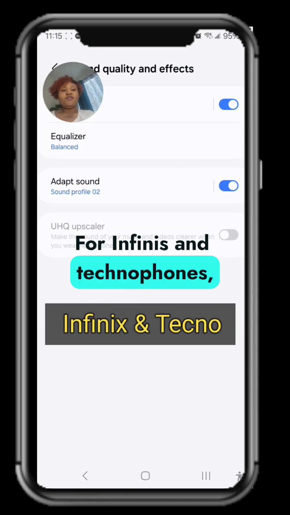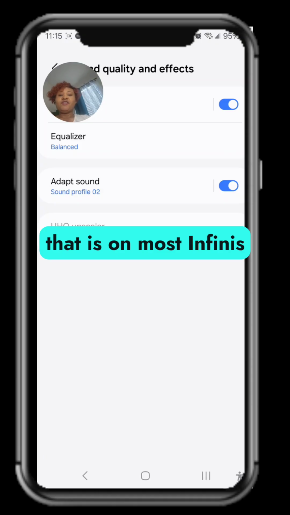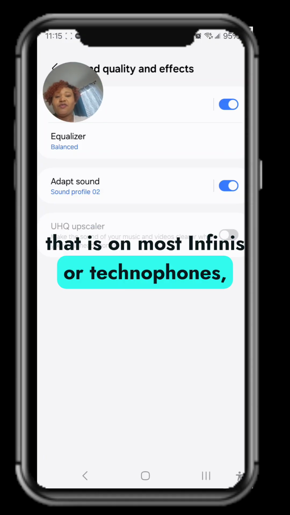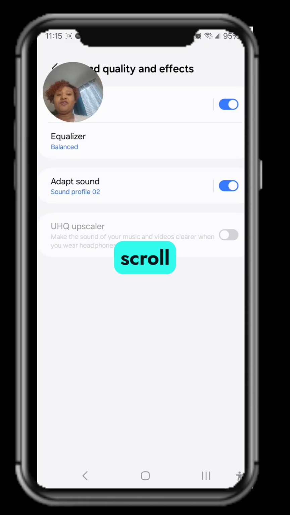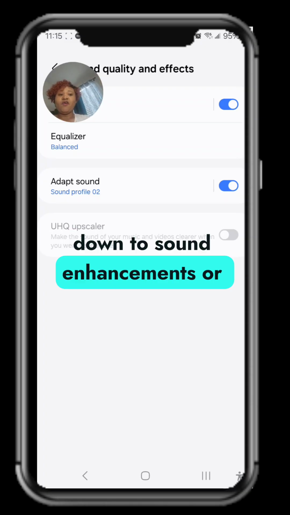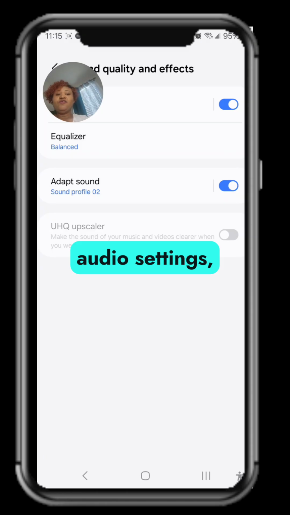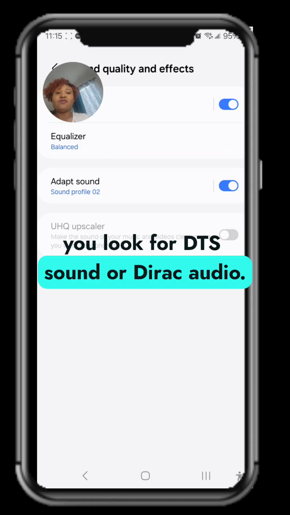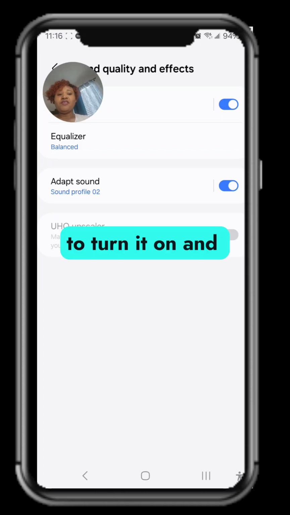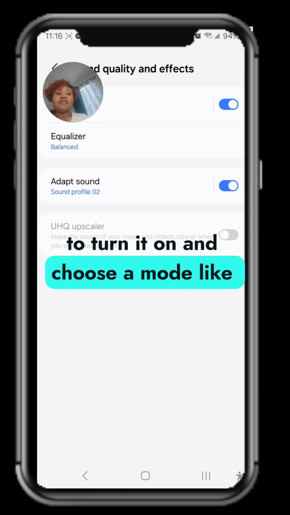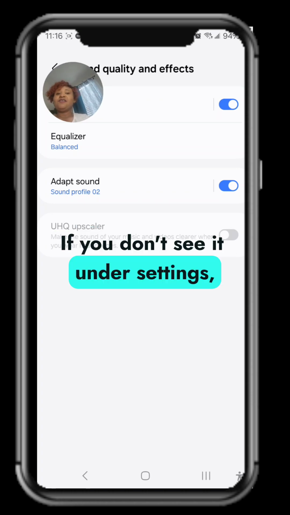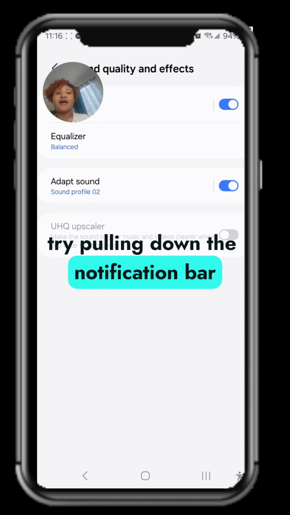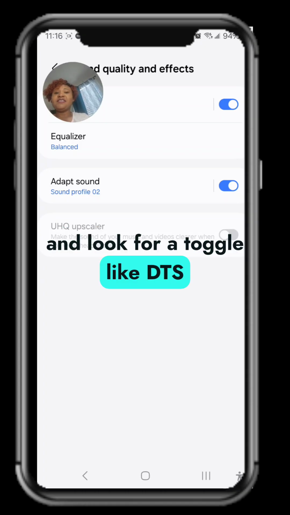For Infinix and Tecno phones, that is on most Infinix or Tecno phones, you go to settings, sound and vibration. You scroll down to sound enhancement or audio settings. You look for DTS sound or Dirac audio. You tap to turn it on and choose a mode like movie, music, or game. If you don't see it under settings, try pulling down the notification bar and look for a toggle like DTS